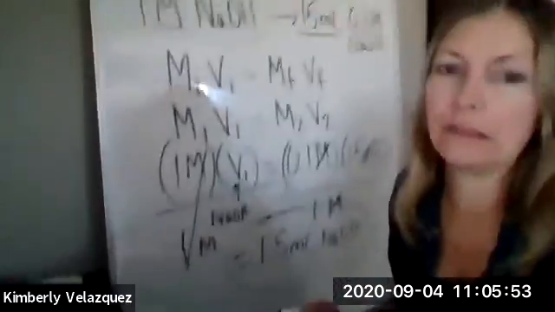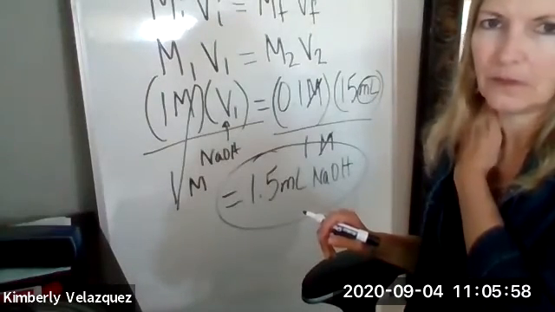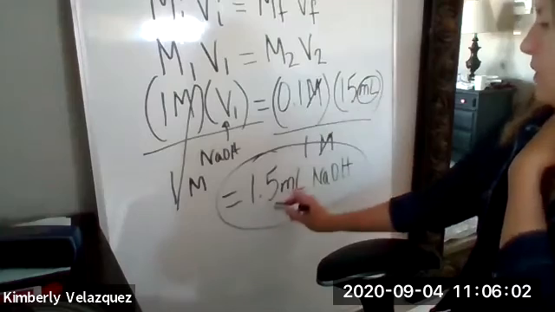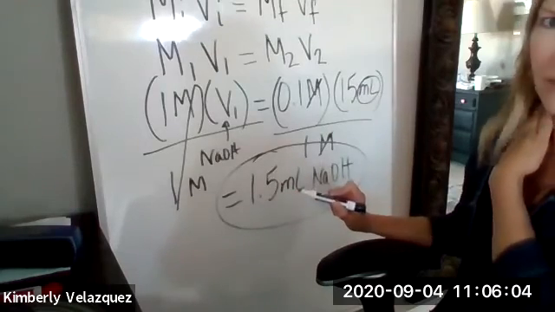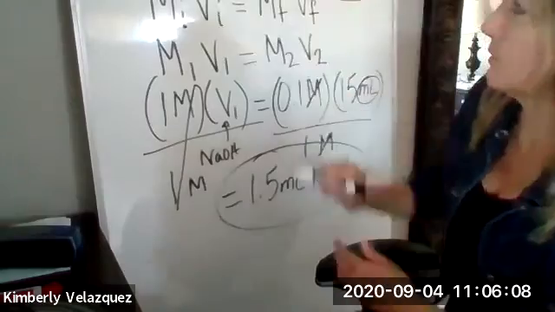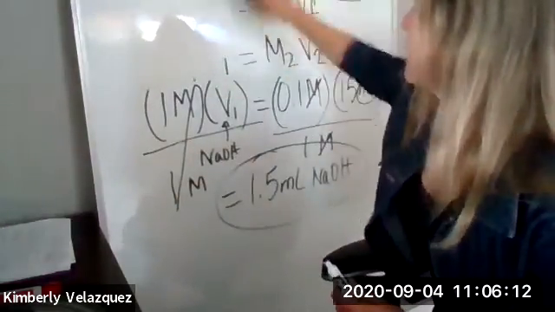Now we need to calculate how much water we add. Okay, so 0.1 times 15 gives us 1.5 mils. That's our sodium hydroxide. It's telling us we want 15 milliliters of this though. So how would we prepare that? The way we're going to prepare that